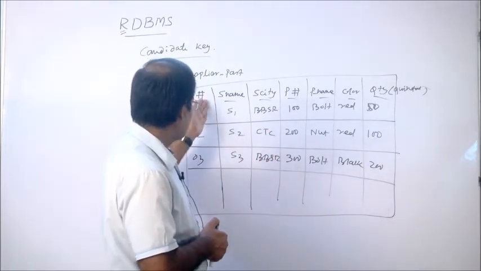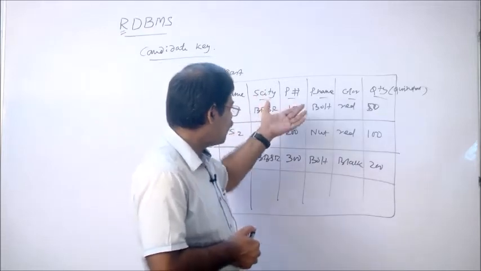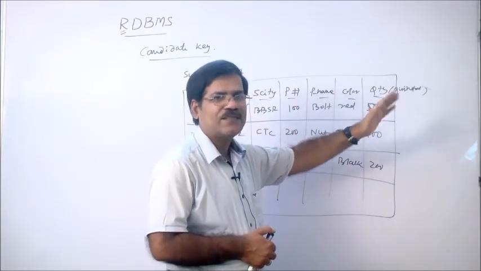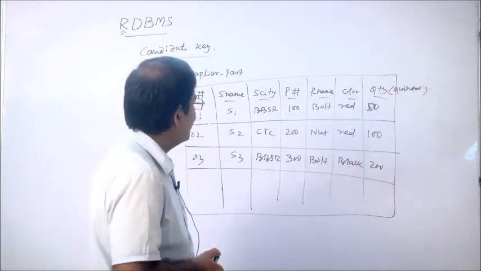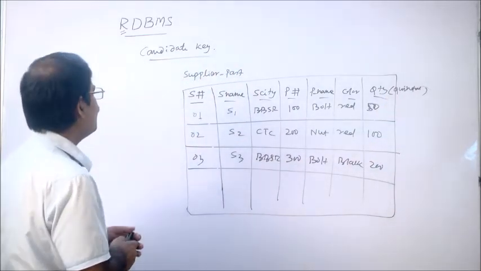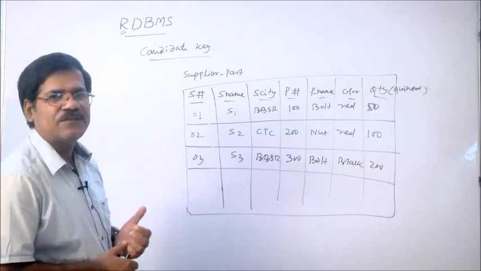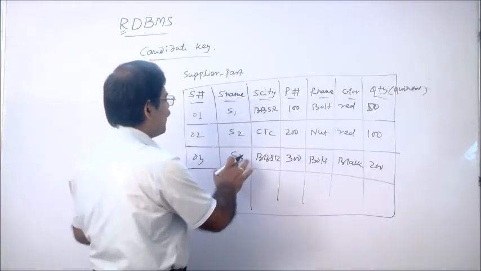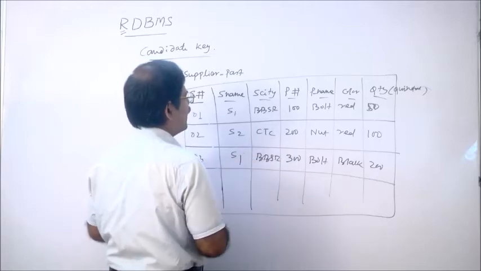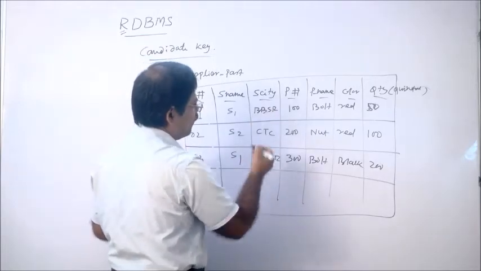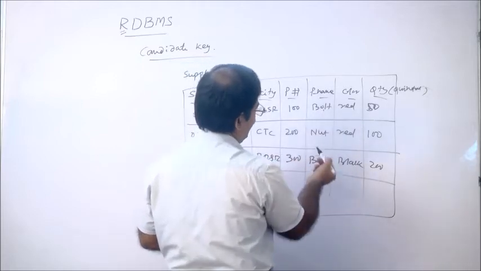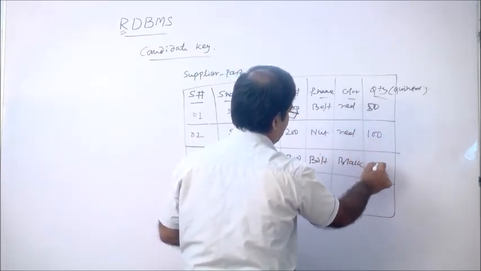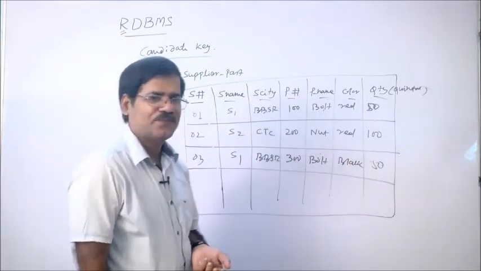So, here is the supplier number, here is which part is supplied, the part details, and how much quantity will be supplied. Look here, if you consider which field is a key and which is a non-key, there is a chance that supplier name may be duplicate, supplier city also duplicate, part name also duplicate, the color may be duplicate, and the quantity may be duplicate, let it be 50, the quantity may be duplicate.